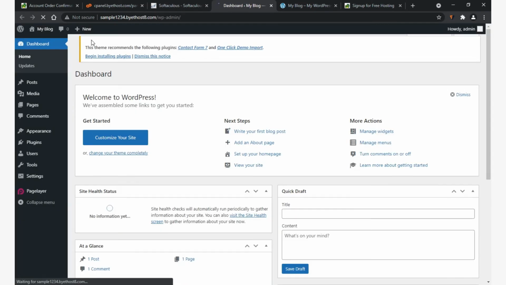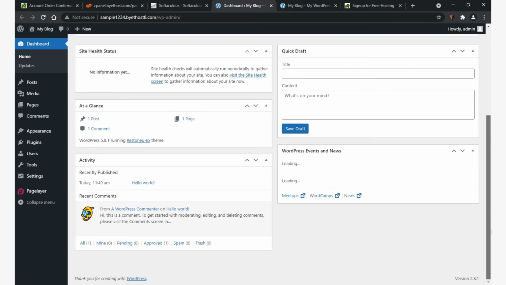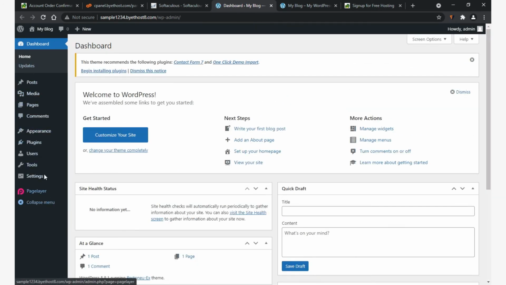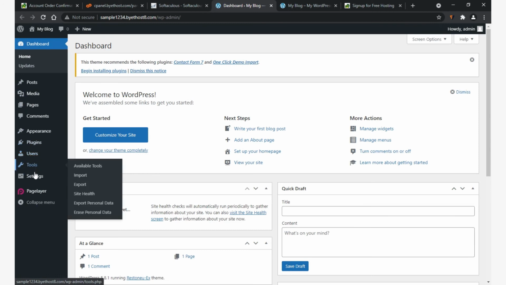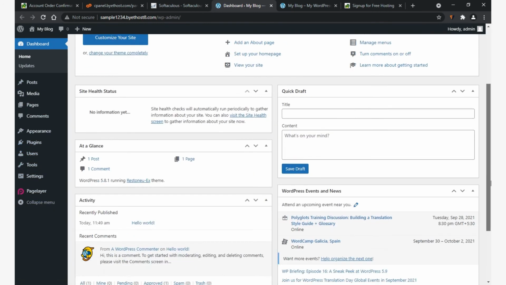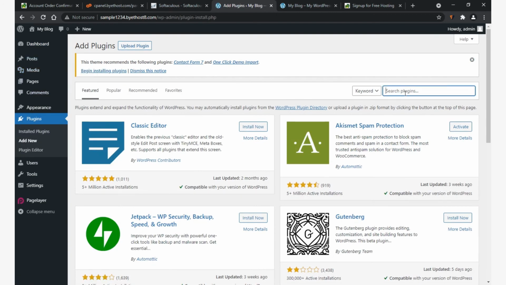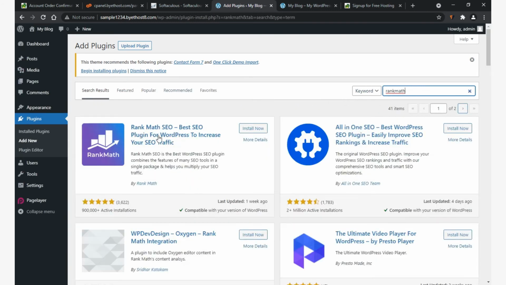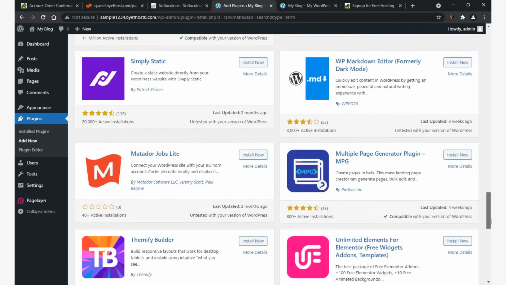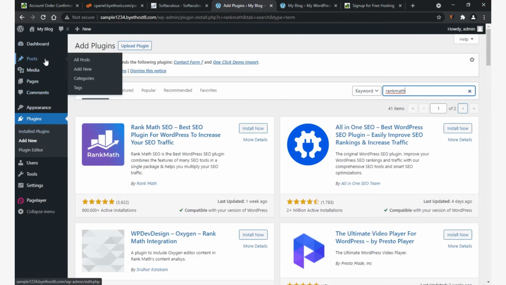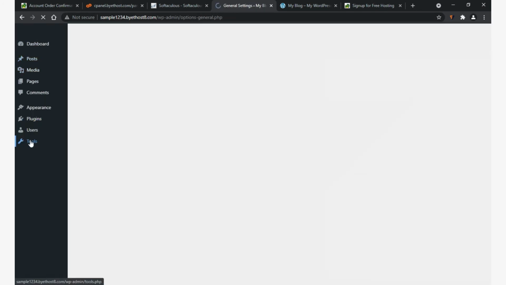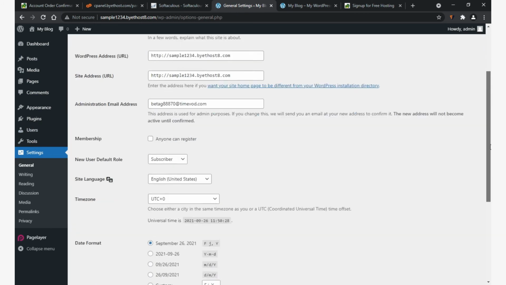Yes, this is your WordPress dashboard. You can see many options: appearance, plugins, user tools, settings. All these are free. You can also add many plugins, like searching for any famous plugin you know, or a theme. You can write posts, everything. Learn the full WordPress by this method. That is the main purpose of the video. You can learn full WordPress.